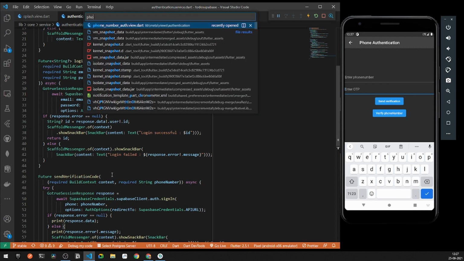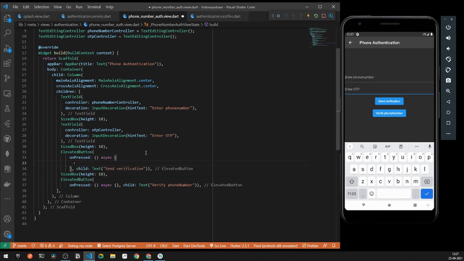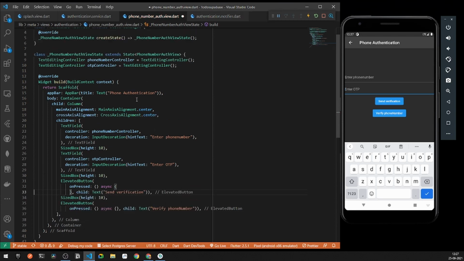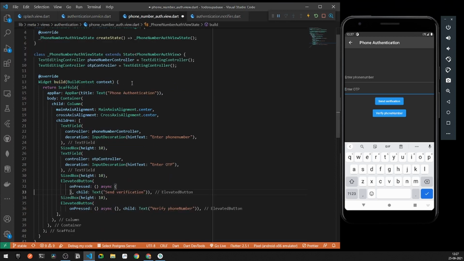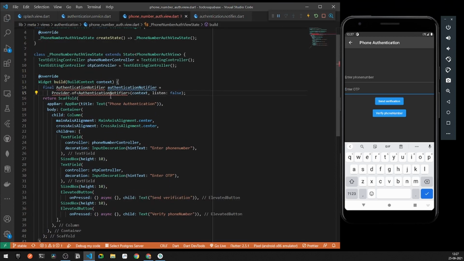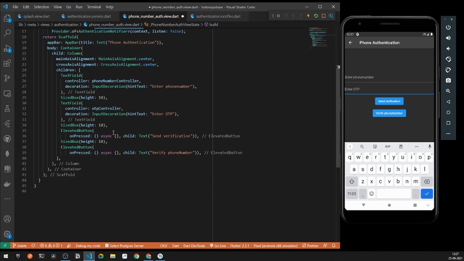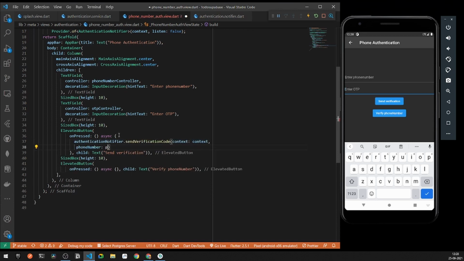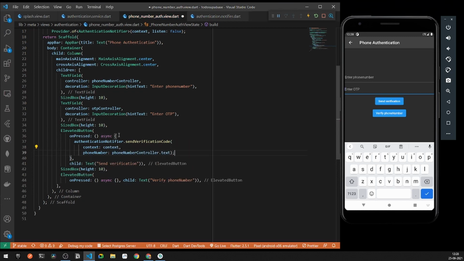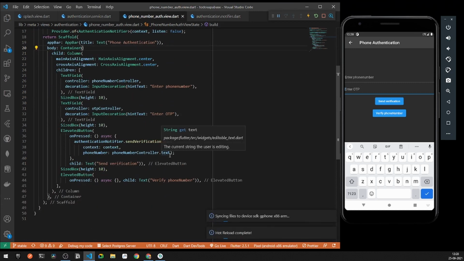So I can go under my phone auth view. This is the entire view, and here you can see I got a verification, that is a button of send verification, and under this case I'll say authentication notifier. Alright, let's have an instance of authentication notifier. So I can go under login view and copy the instance just to save our time, and I can paste everything here. So we can import everything, provider and authentication notifier. Now I can copy my authentication notifier, and here I'll say send verification code. Now the phone number will be nothing but phone number controller dot text. We have got a phone number controller just right here, which is attached to my following text field of enter phone number. So this should be it.